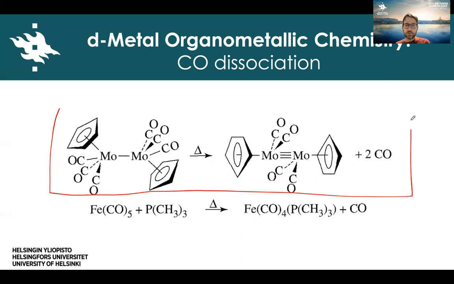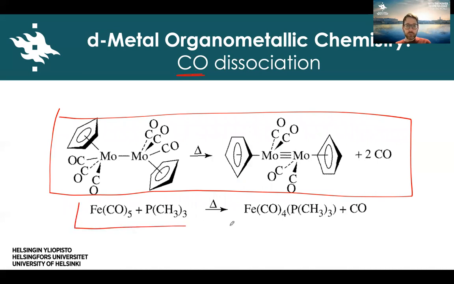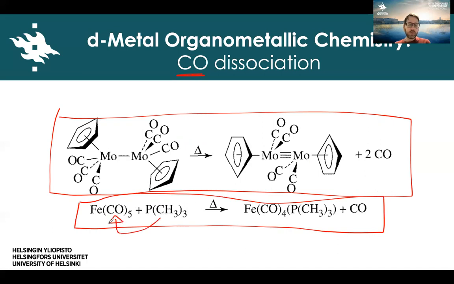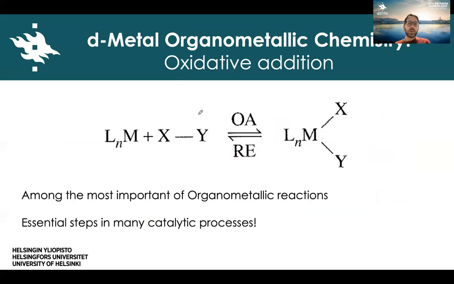dissociation reactions in organometallic compounds. Here we have carbon monoxide dissociation, and here we have dissociation as well, in which we have the ligand substitution of one of the carbonyl groups by phosphine. We can also have the